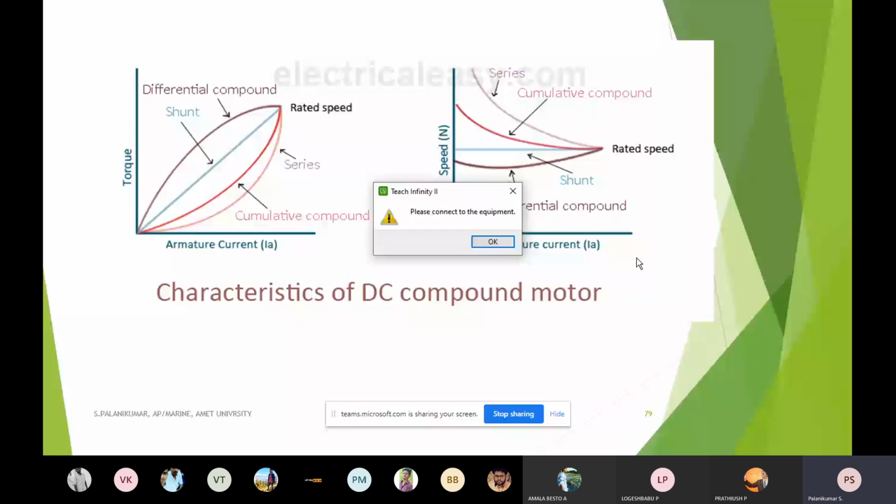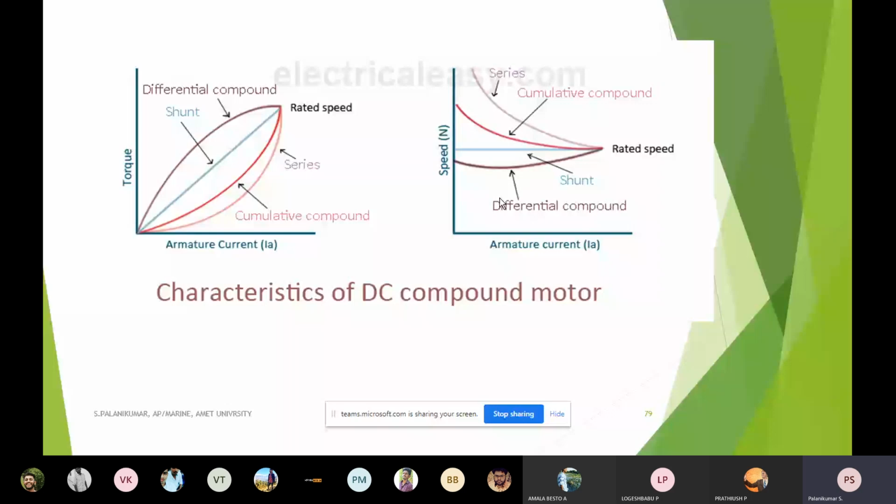So we have started discussing each motor and its characteristics. As far as the DC compound motor is concerned, we already know that it is not utilized in any operation of electric vehicles or hybrid electric vehicles, because it has distinct characteristics which may be suitable for industrial applications and may not be suitable for electric vehicle application. Because when you go for a compound motor, only two different types are possible.